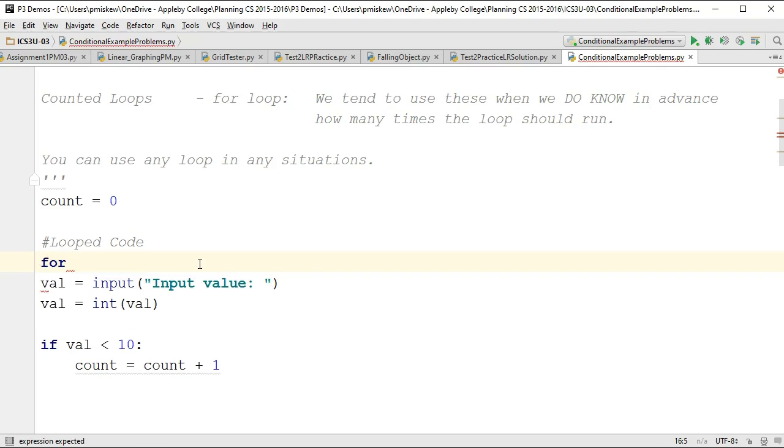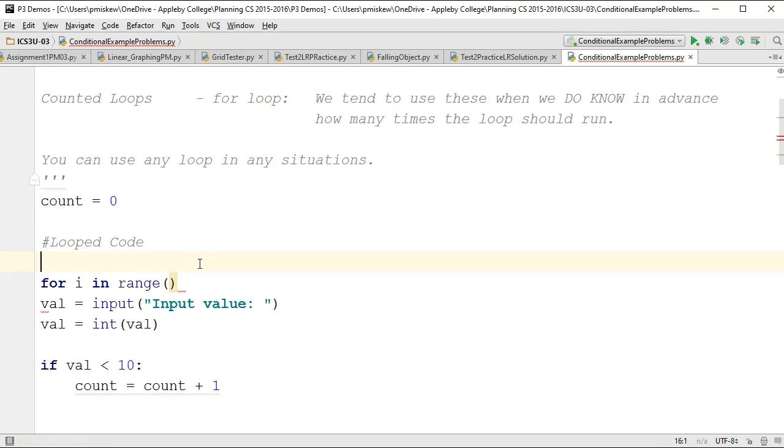For, and then we pick a variable that's going to simulate our counter. Imagine someone asked you to do something a number of times and you count on your finger each time you do it. That's what this variable here represents. This variable represents my counter. It's going to keep track. For i in range. And this is where I set up my counting system. The way I like to think about this is count, check,